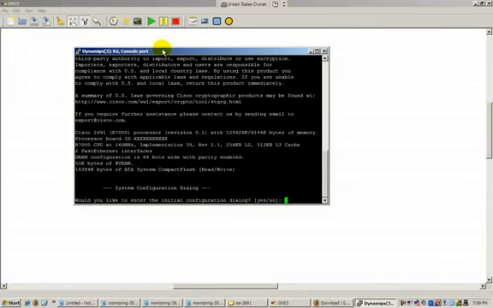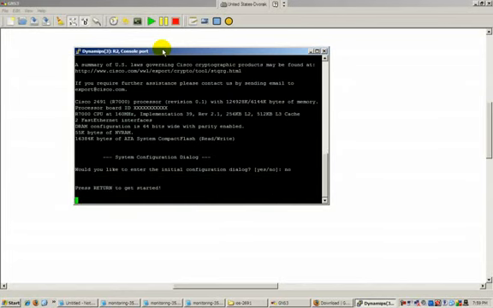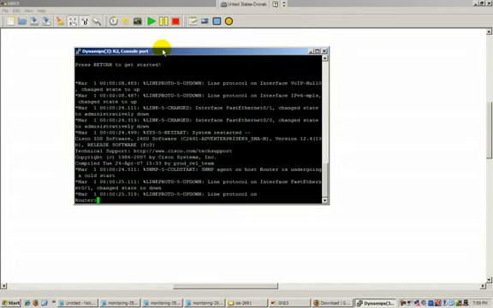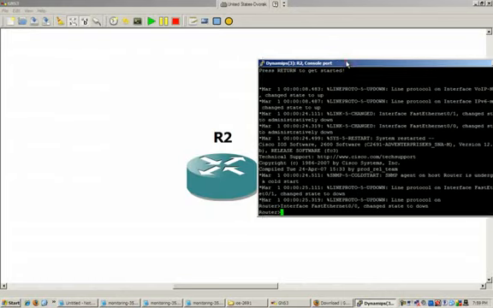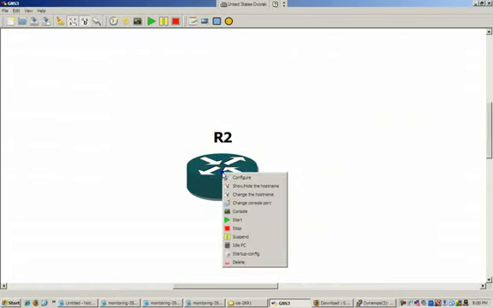So the trick to solving this is you open up your router, click No there, and you let it go through the whole interface configuration. So you're basically going through and waiting for it to calm down. So looks like it's calmed down a little bit. So we'll keep that window open. Now you just right click on the particular router